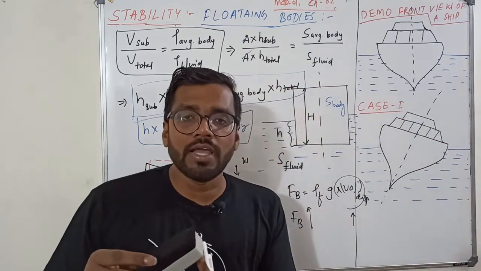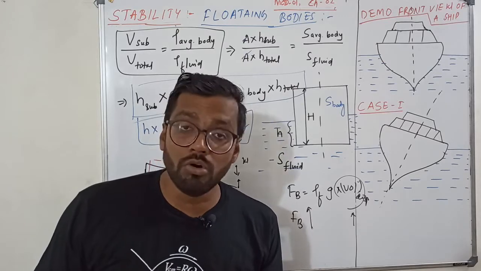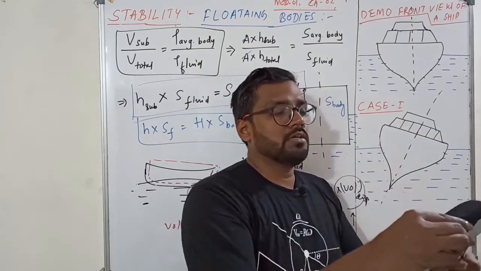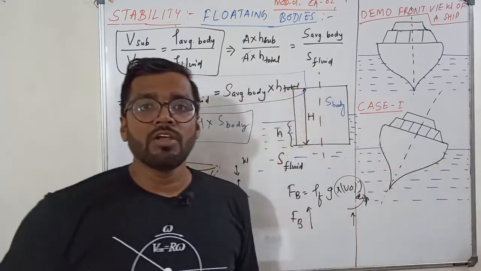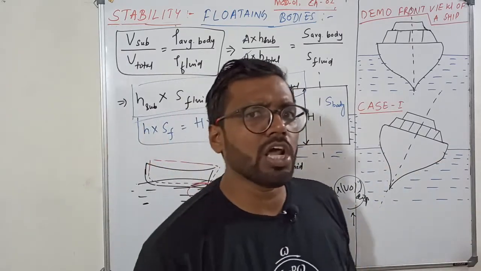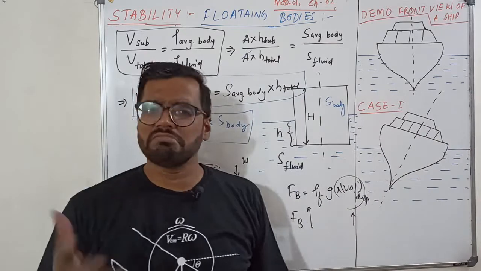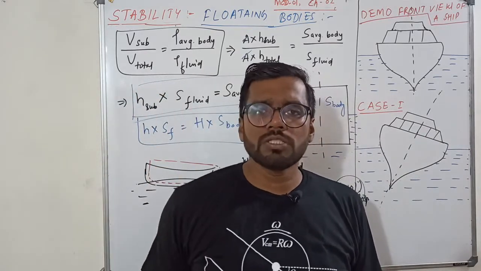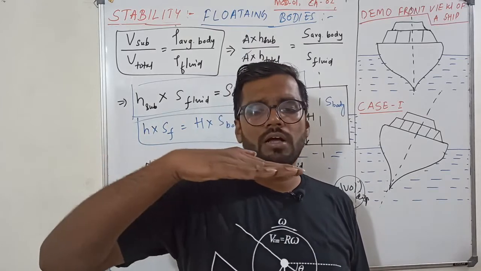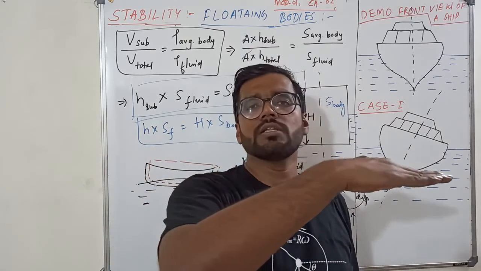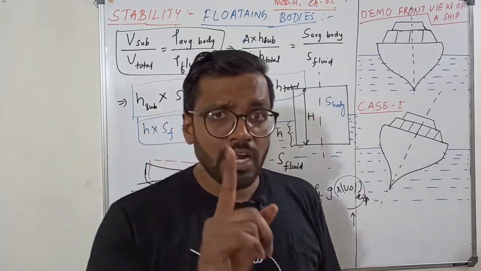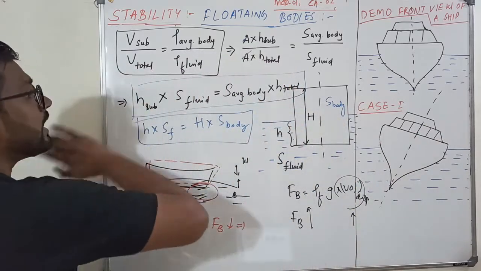So that's why some ships, some boats or your jet ski move like this, up and down. Whereas if you see very big cargo ships, they are by default vertically stable. Their buoyancy force and W are so stable that they won't move up and down like this, cargo ships and all. Okay, understood? So this is how they attain vertical stability.